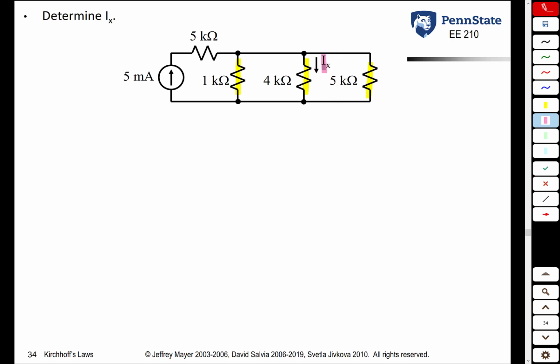What we could do is combine all these resistors in parallel and in series to find the voltage drop and use Ohm's law to find that current, but instead we're going to use current division. Because we have this parallel combination of resistors, and we know the current flowing into that parallel combination, we can now use current division. I sub x